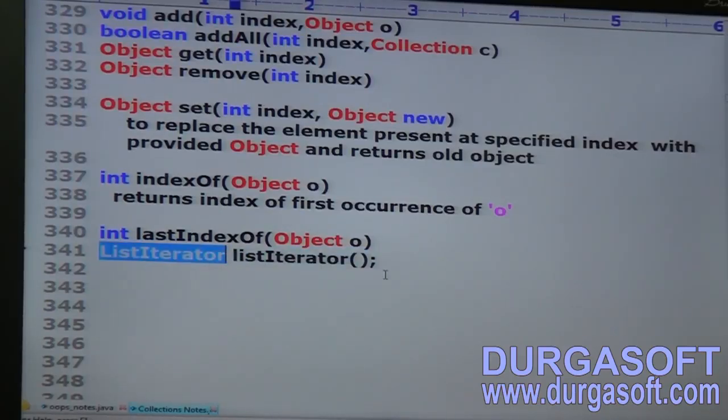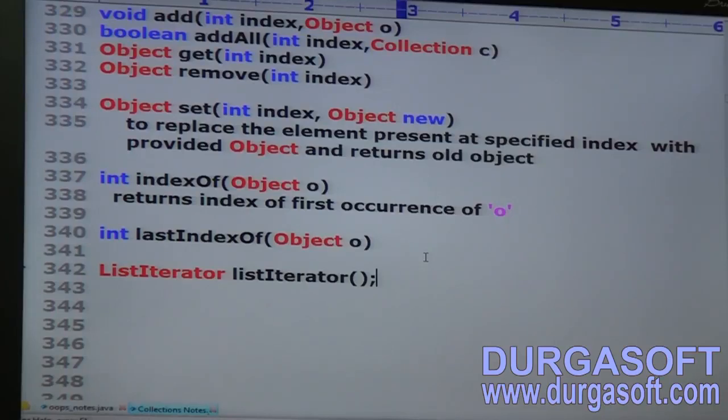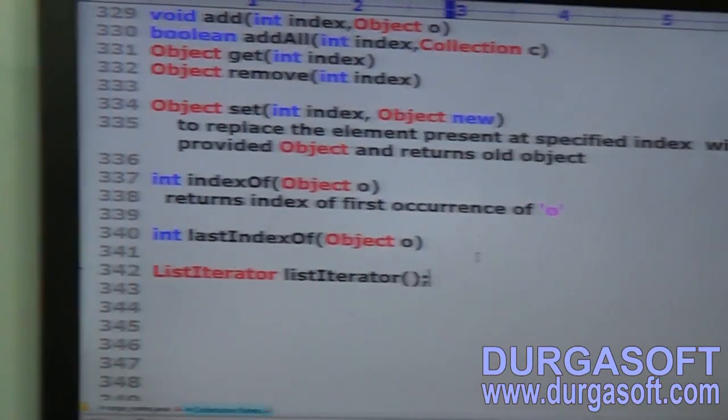Same 8 methods. These methods we can apply only on List objects, that is, List implemented class objects.